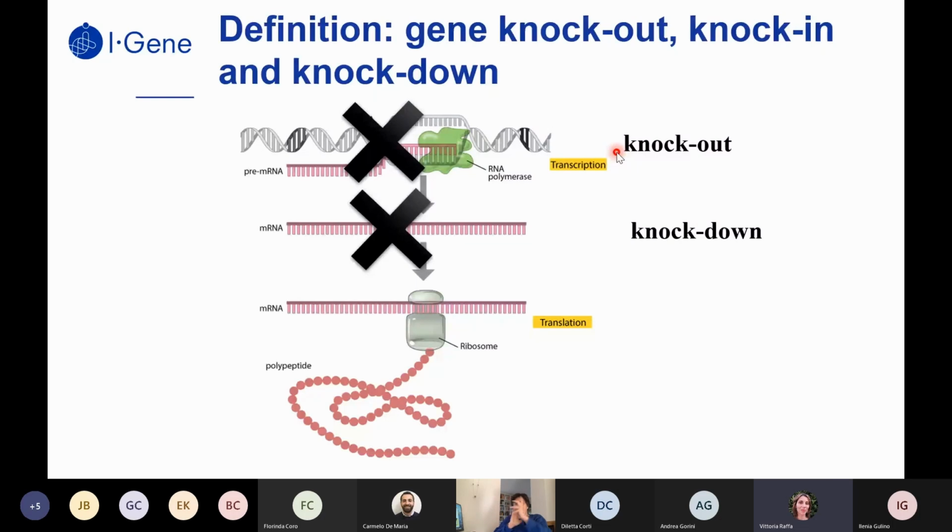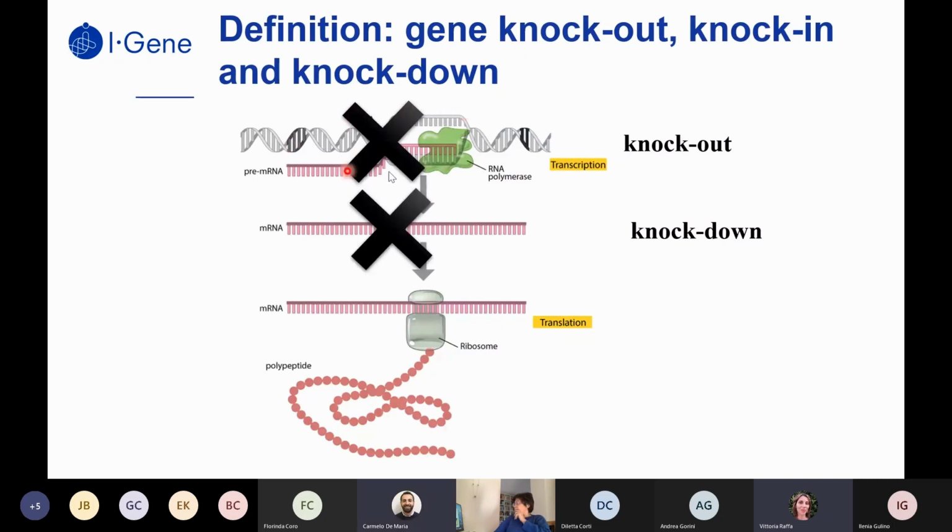When we talk about knock-in, what we mean is that we insert in the genome, for example, the human genome, a new gene, coding for a new and exogenous protein. Okay, this is the knock-in. Well, if everything is clear, because in the following slides we'll talk about knock-in, knockout, knockdown. So if this is clear with you guys, we can start with the topic of this discussion, which is gene editing. To perform gene editing means to